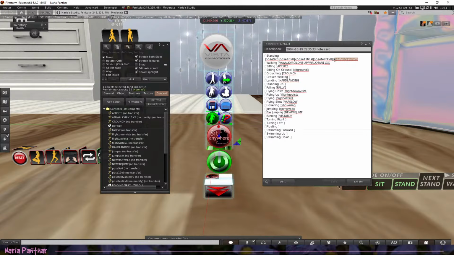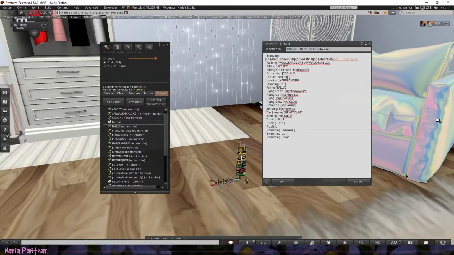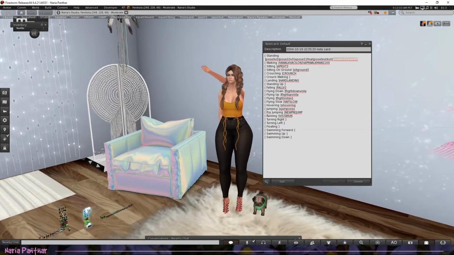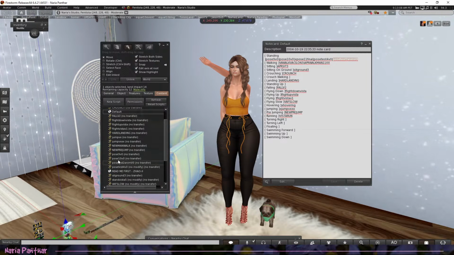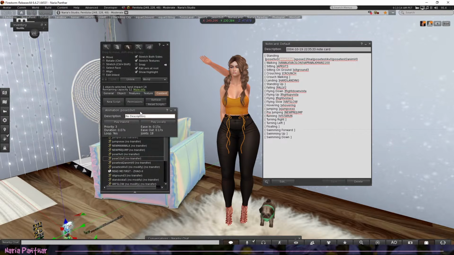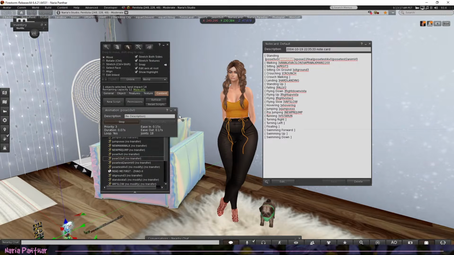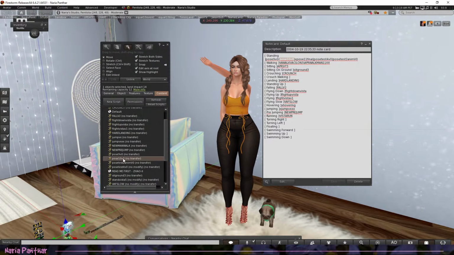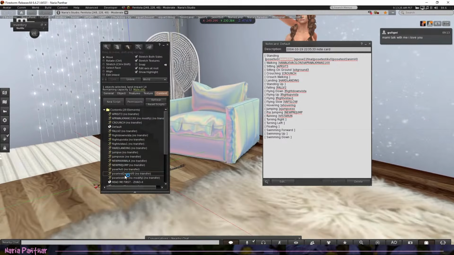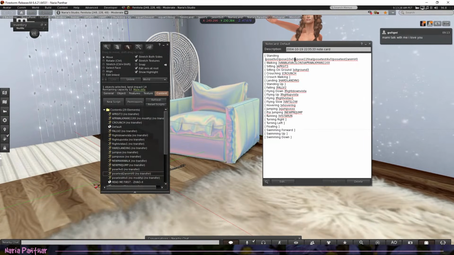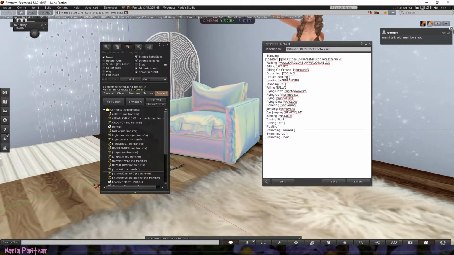You can just delete one pose that you do not like from the pose stand. You can always check what it is, right, by trying it. So let's say I'm here. Let me see if I can even try it just from here, or I will have to take it outside. But we have the pose stand. The first one is pose stand V0. So this is this one, right? I can just double click on it and try it. So this is one stand, right? If I don't like it, I can delete it from the AO like this. Wait a little, now it's gone, and I can delete it from the note card. There we go. So once I save this note card and we have to reload it,